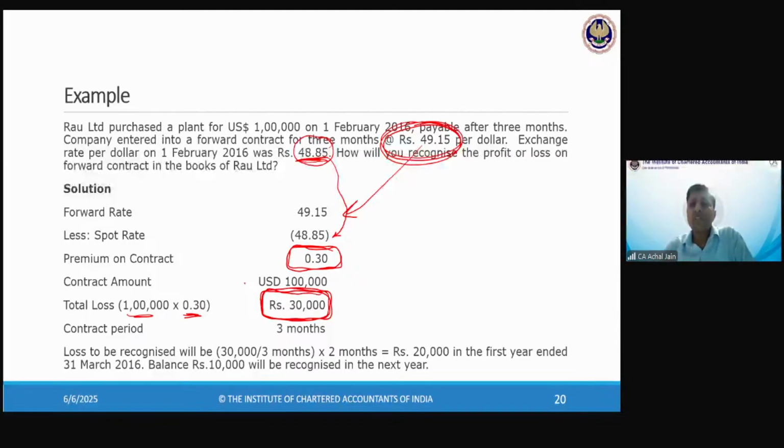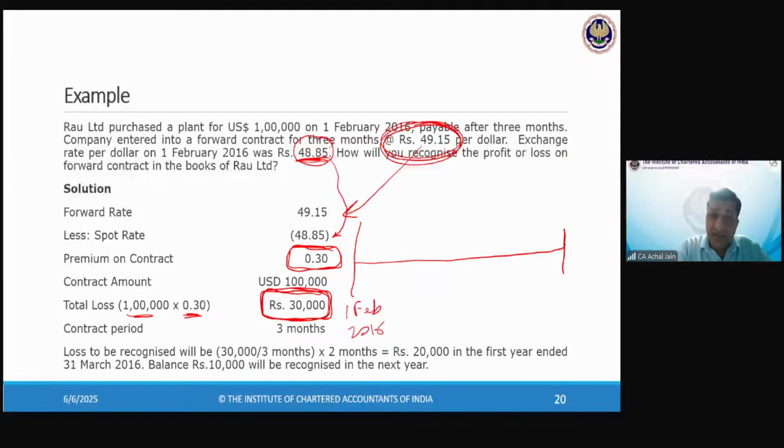Okay, 30,000 is the amount which has been paid to the bank. Now, this 30,000 will not go to P&L straight away. Standard says you will amortize it over the life of the contract. Now, this contract is from 1st Feb 2016 to